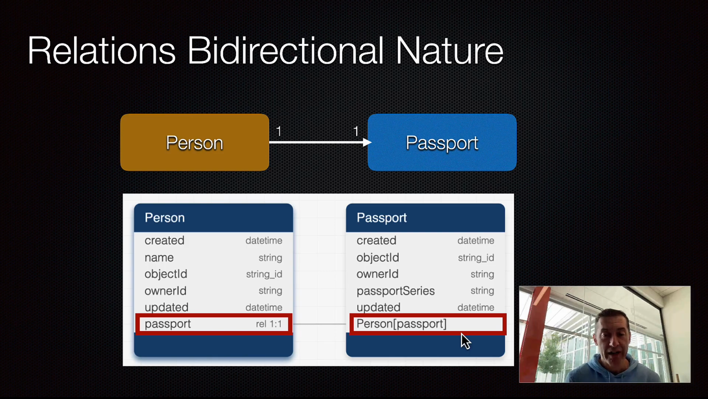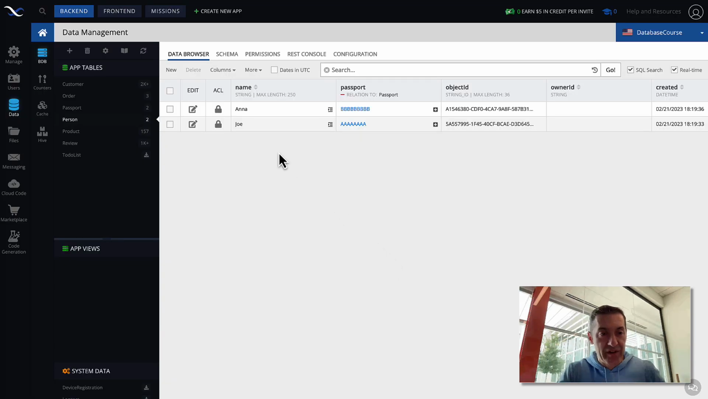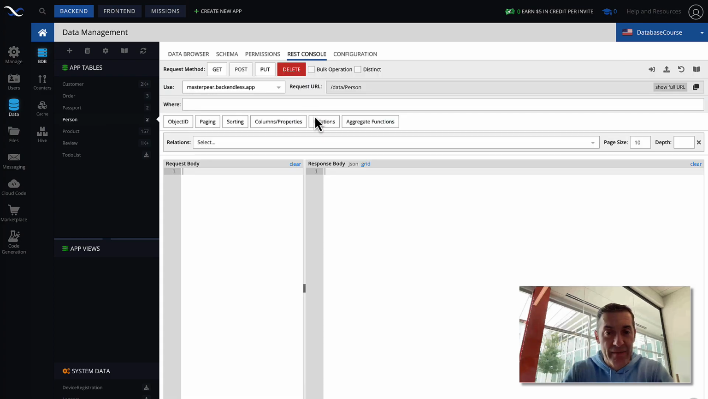Let me demonstrate how this works in action and how you can start using it in your applications. So here in the Backendless console, this is the table called person, and I have it exactly the same way as we left it from one of the previous lectures, where these two records have corresponding passports. Okay, so if we go to the REST console and start using the API to retrieve that data, then in here